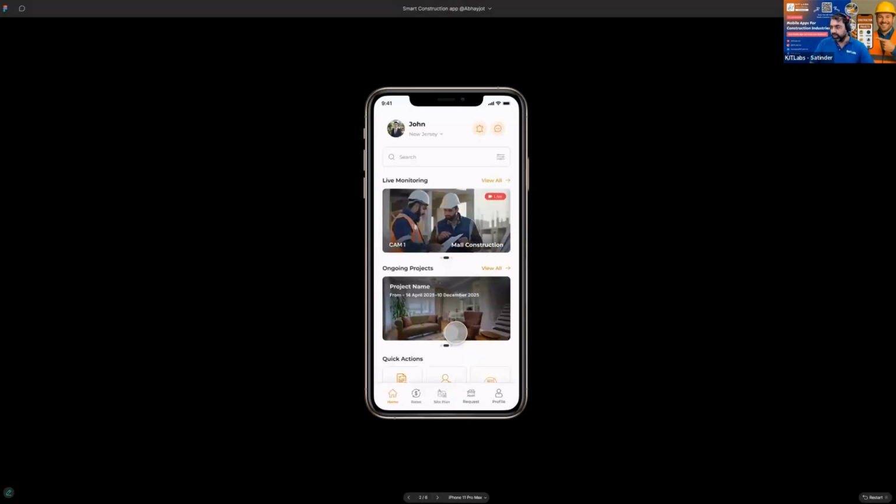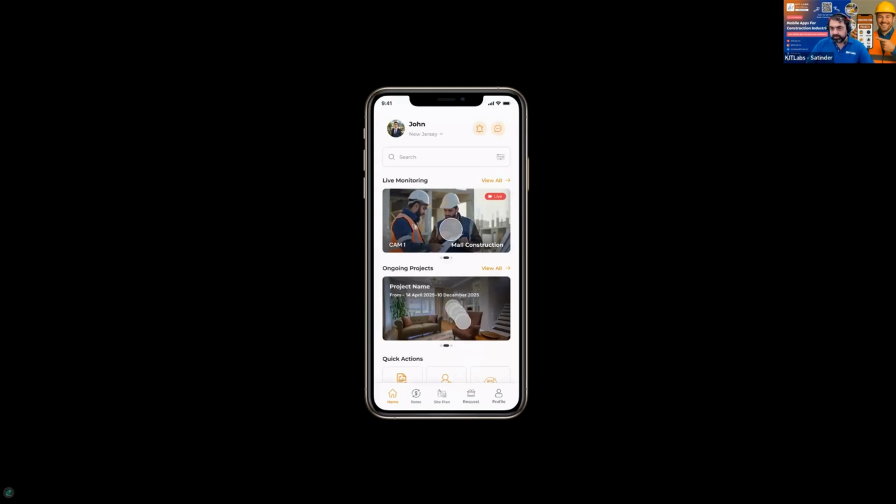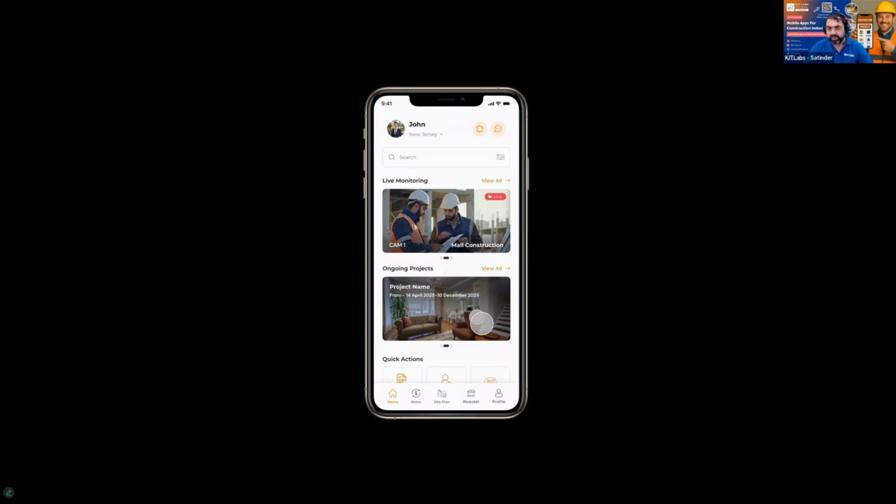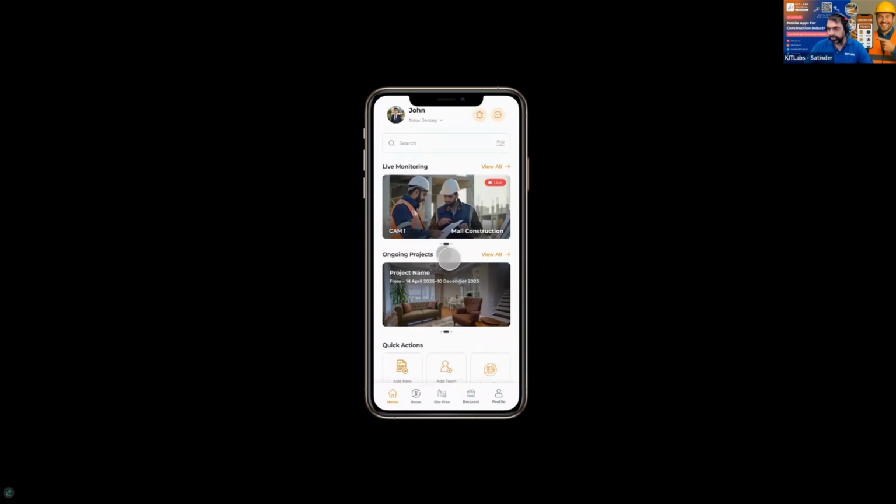So we are here. When you log in, we can customize and brand these apps according to your business, your logo, your icon, and you can give access to your entire team. On the dashboard, these are the security cameras. If you have 5 different construction places where the work is going on, we have small IoT cameras. You can just drop those cameras over there, and from the app you can see all the work happening live in all of those locations.